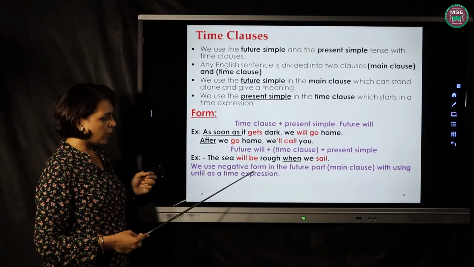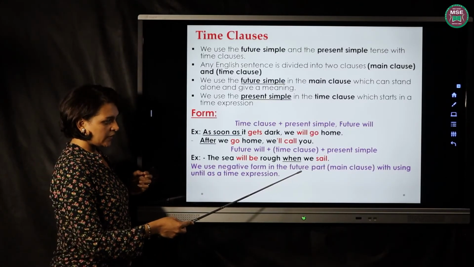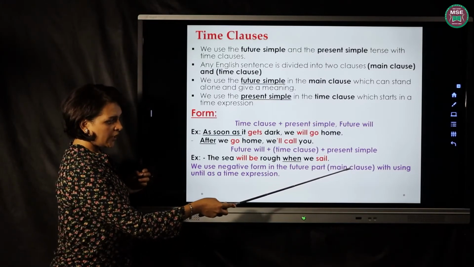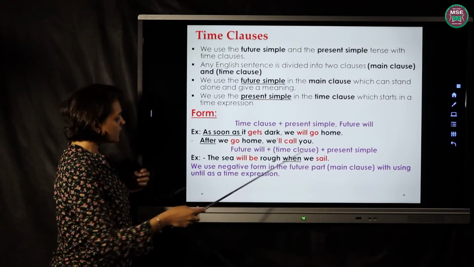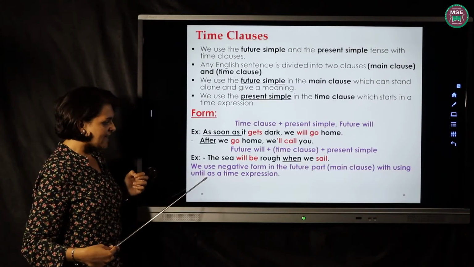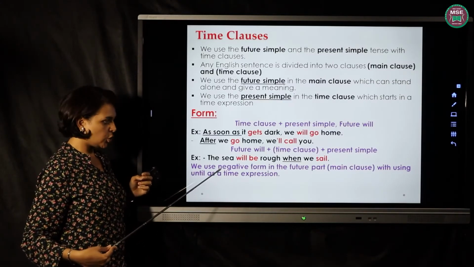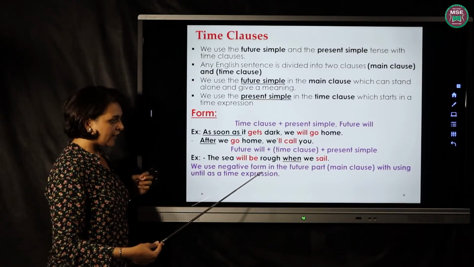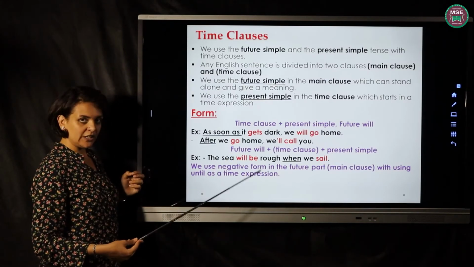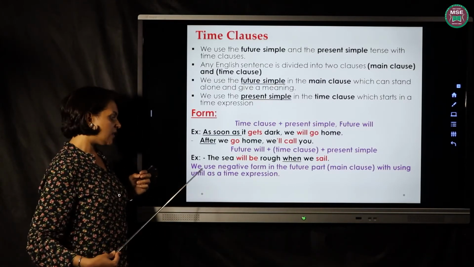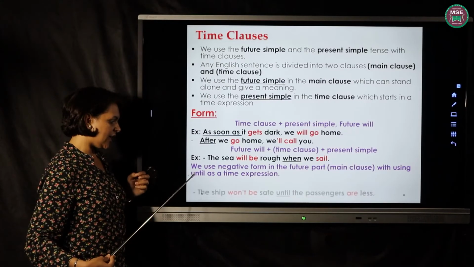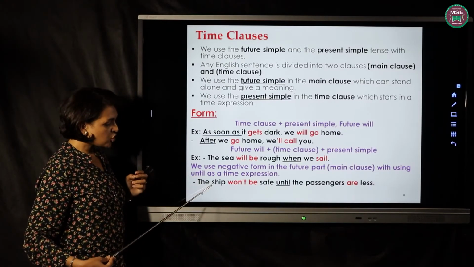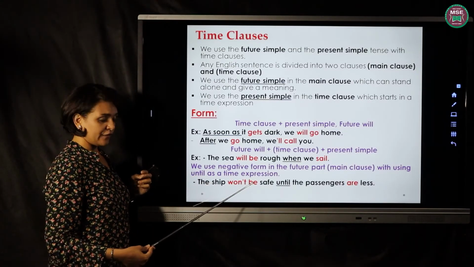We use negative form in the future part, the main clause, I mean, with using until as a time expression. So I will put negative, will not be, with the time expression until. Let's see the example. The ship won't be safe.